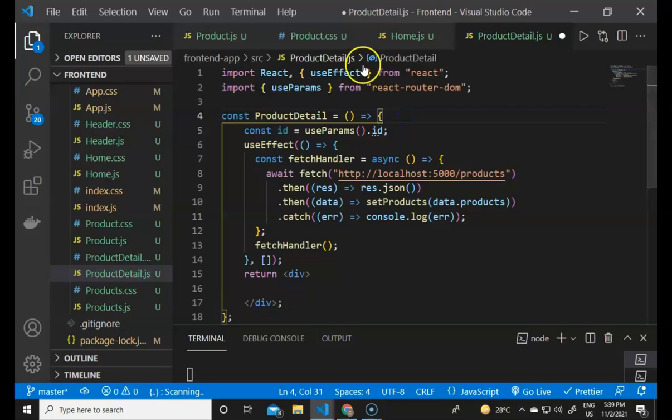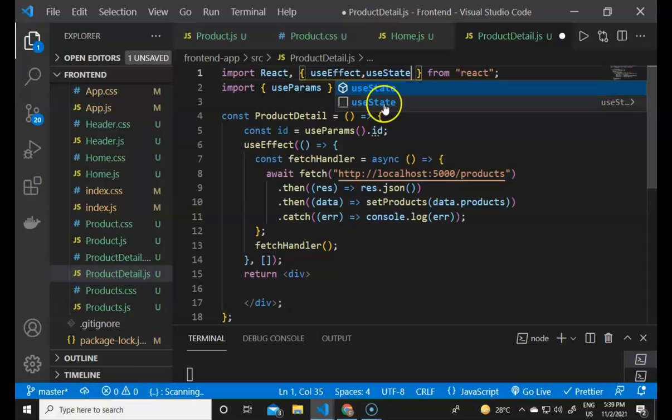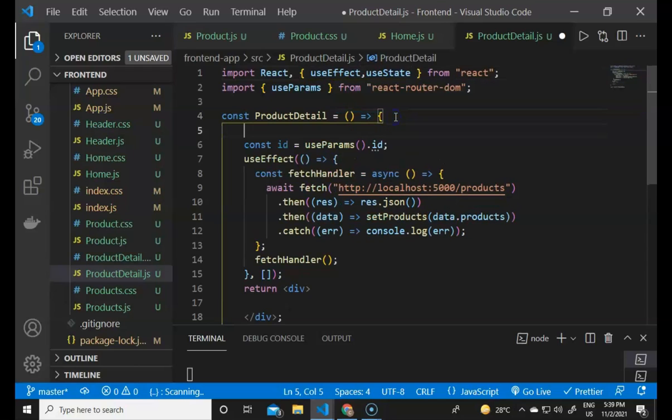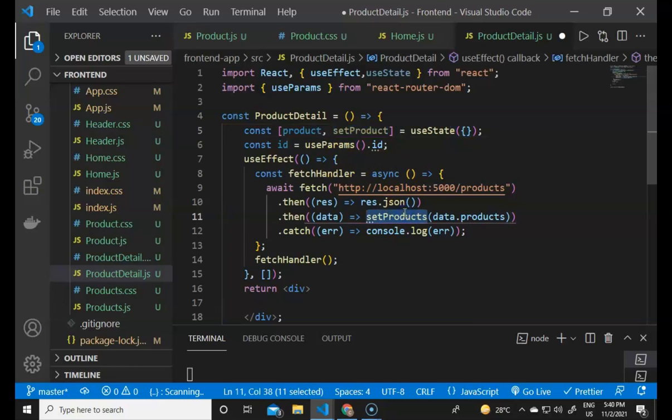Now we have to define the useState also. The useState will contain the single product and its setter function: const product, setProduct equals useState, with the default being an empty object.